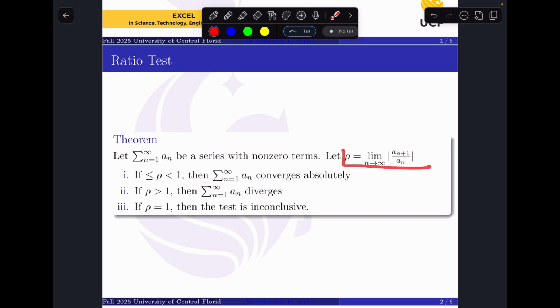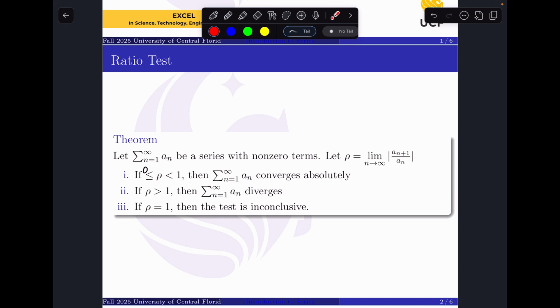If we evaluate this limit and we get a number less than 1 and greater than or equal to 0, this is a typo, then we can conclude by the ratio test that the series converges absolutely, i.e. it's absolutely convergent. If the limit is greater than 1, then the series is divergent. And if we get 1, our borderline case, then the test is inconclusive,